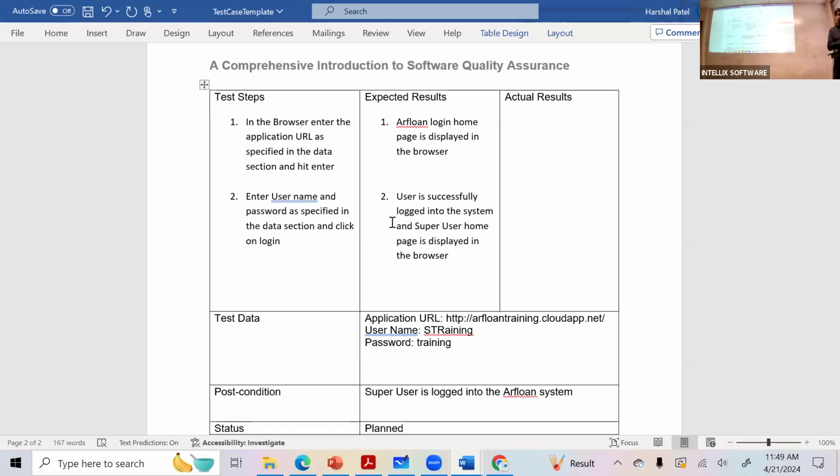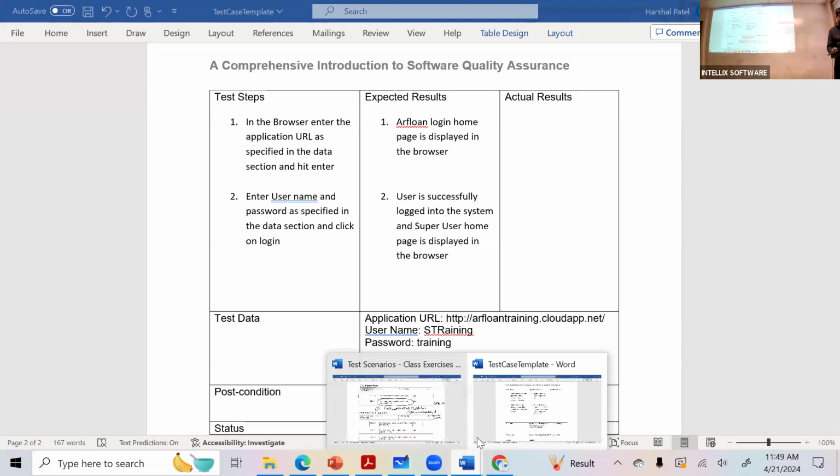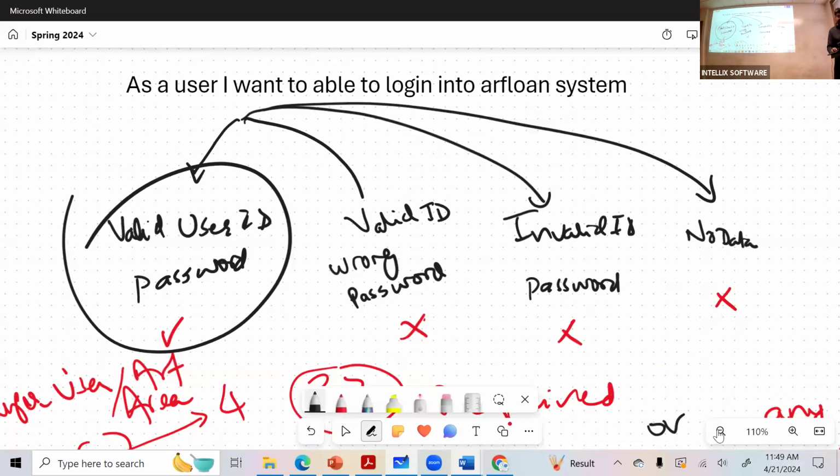Okay, so here's what I want you to do. I'm going to give you 30 minutes. I want you to take the loan calculator requirement. Let me navigate into the board where we did the loan calculator this morning.